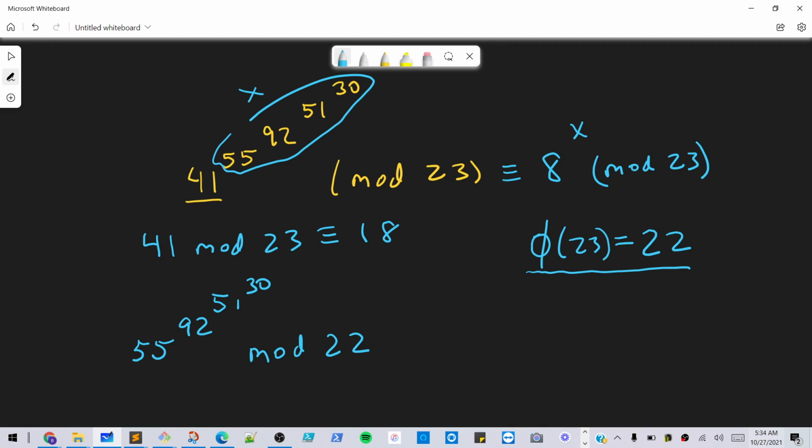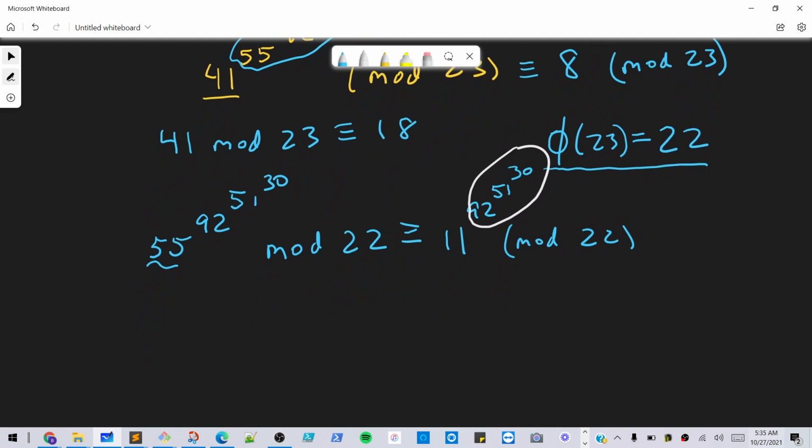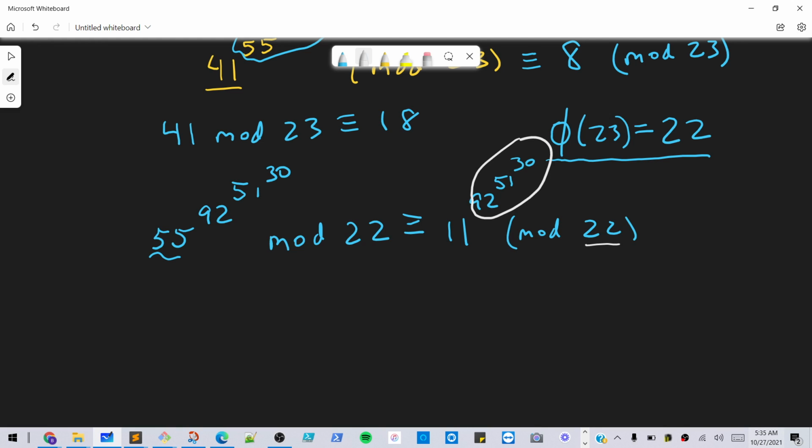Now, back to our problem here. If we want, we could start doing the same thing we did above, reducing the base mod 22. This is just going to be 11. So we can have that 11 to the 92 to the 51 to the 30, mod 22. I forgot to write, these are equivalent signs, so let me write it like that. Okay, so we have that reduced a little bit. But what we notice is we still have a huge exponent here. So what we can do is repeat the same thing again, just by finding the totient of